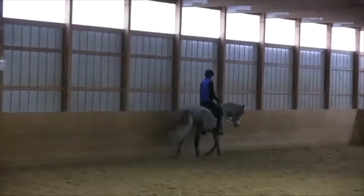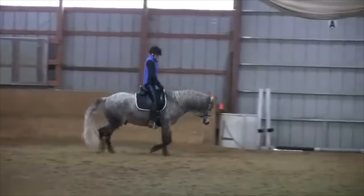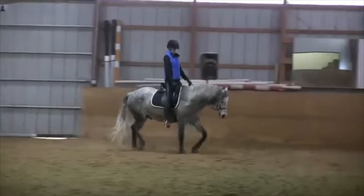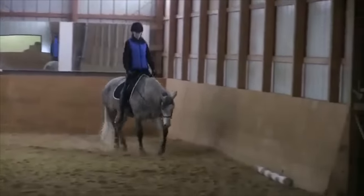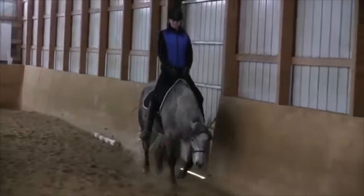Pretty good shoulder in there. It started to slow a little bit, but it actually improved towards the corner. And once again, look how much better it is if you come back into that stretch and how much more active. And once again, remember when we talk about rhythm,